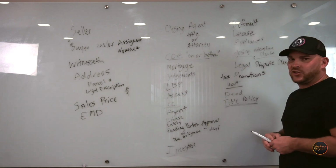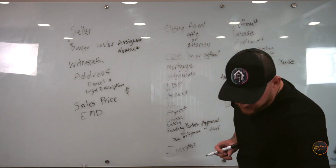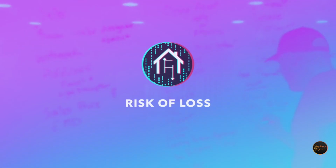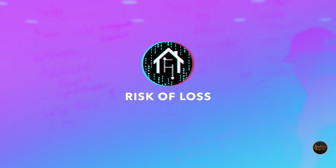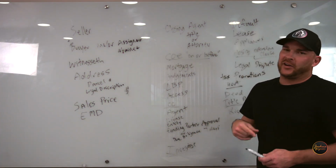Now, you can buy title insurance even if it's not disclosed in the contract, but I think it's good to disclose that. Risk of loss. One time I had a fire burn down the night before I sold it. I owned this property and we were selling it, and the night before I got a call from the fire